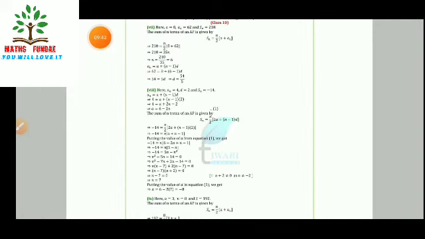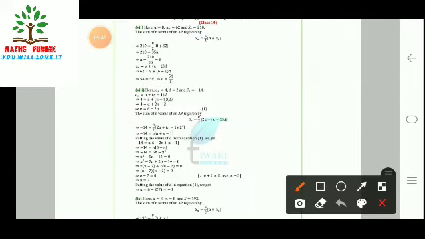Now moving towards the next question. So now in the next part we can see here a is equal to 8 is given, an is equal to 62 and Sn is equal to 210 is given. So now the sum of the n terms is Sn is equal to n upon 2 (a plus an). So 210 is equal to n upon 2 (8 plus 62). On solving this, n is equal to 6.